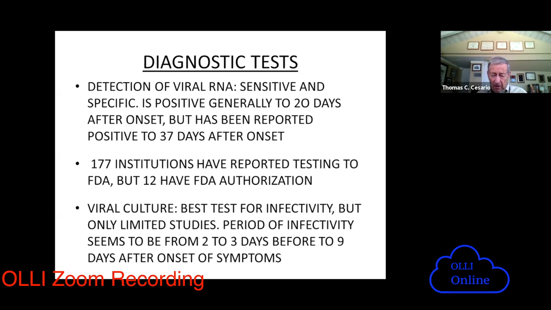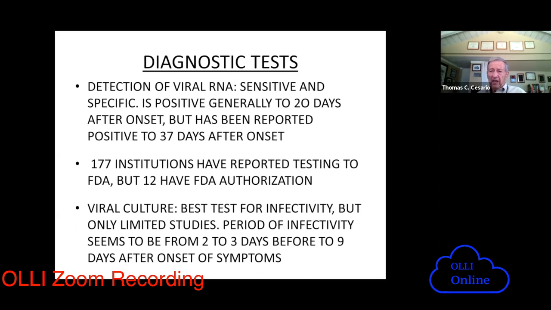But remember, they are fragments. They don't tell you that the whole virus is there, and they are gone, so that you can measure them too early and too late, and you can miss them. In that case, you would have a false negative. And the other thing is that because of the urgency of this pandemic, the government bypassed the normal ways that we validate a test.